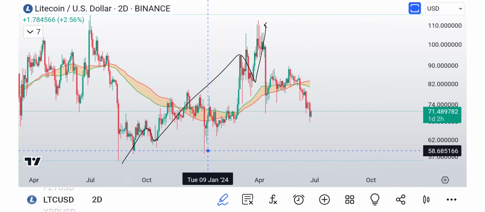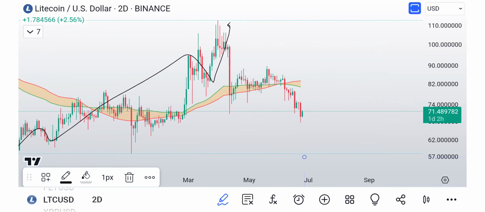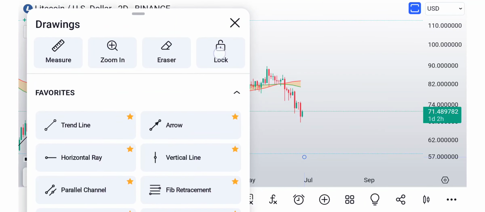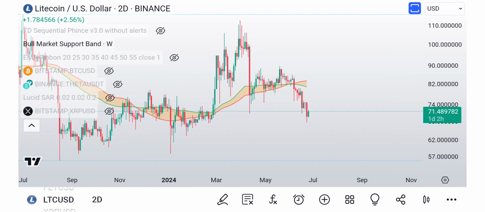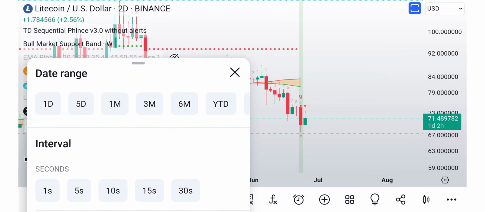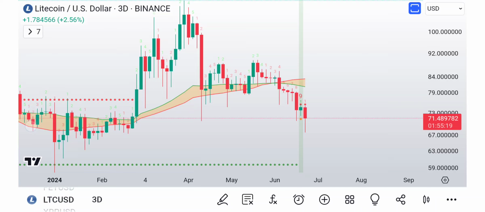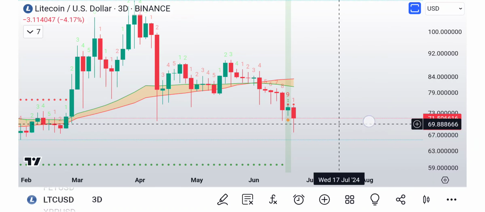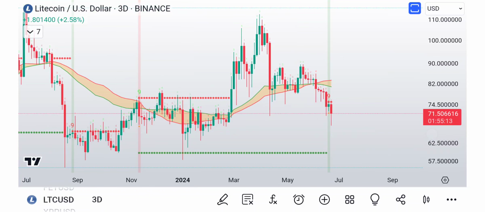And then we have an ABC pullback, right? So we have that three-way pullback here, right? And then also, are we on a 9? So we did have a 2-day 9. What about the 3-day? I don't think so. Yeah, we did have a 3-day 9 as well. It's not really perfected. We have the 1 trading below the 9, but it's decent considering the fact that,